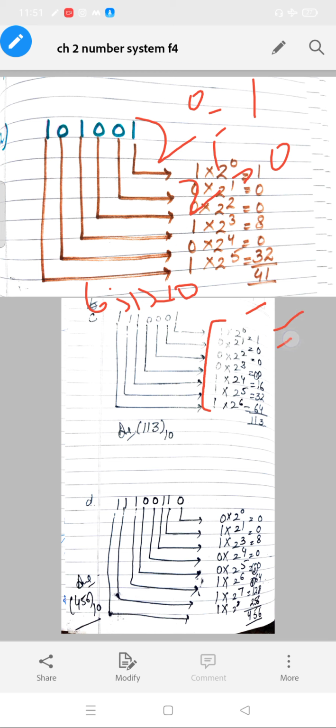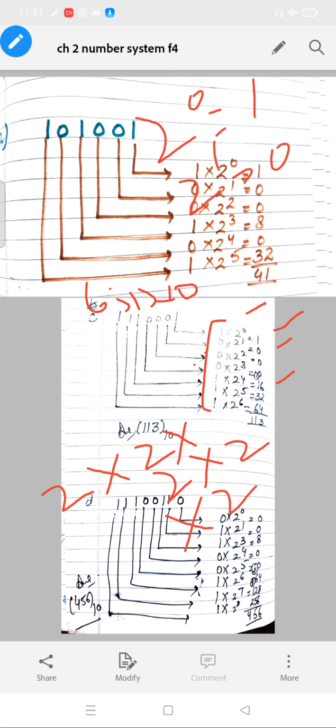1 into 1 is equal to 1. 0 के साथ मल्टीप्लाई करेंगे तो 0. आफ्टर दैट वी आर ऑल्सो हैविंग 0, 0 and 2 raised to power 4, that means we will write 4 times 2, that is 2 2s are 4, 4 2s are 8, 8 2s are 16, and 16 into 1 will be 16. And next we are having 2 for 5 times, so we will write 2 for 5 times. 2 raised to power 5, that means 2 into 2 into 2 into 2 into 2, that is 2 2s are 4, 4 2s are 8, 8 2s are 16, 16 2s are 32. 32 multiplied by 1 will be 32.